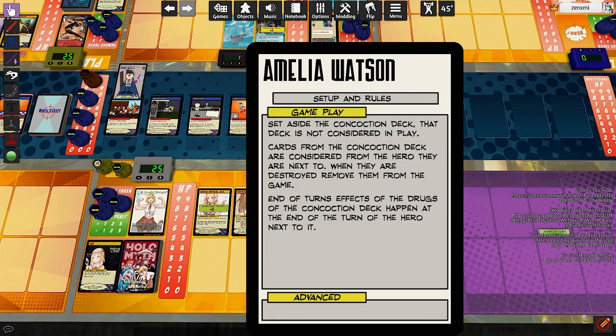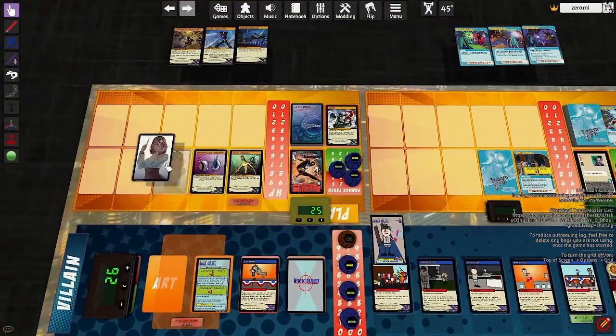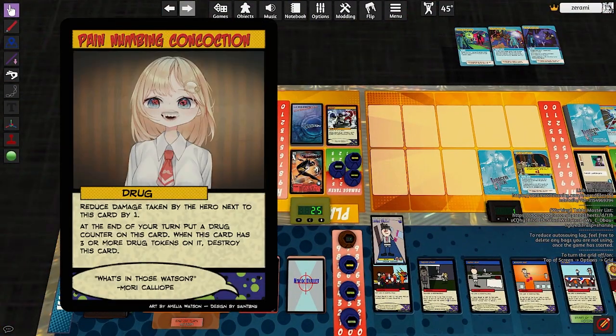Set aside the Concoction deck. That deck is not considered in play. Cards from the Concoction deck are considered from the hero they are next to. When they are destroyed, remove them from the game. End of turn effects on the draw of the Concoction deck happen at the end of the turn of the hero next to it. So yeah, with that done, we're now going to play one on Cricket, and we'll get